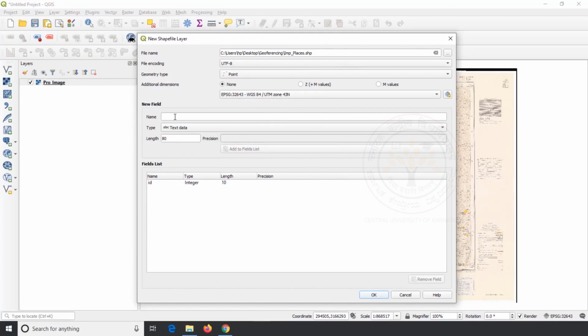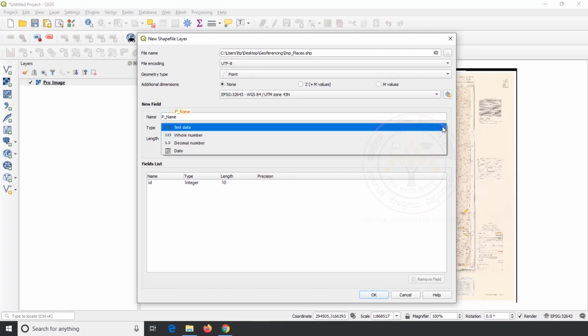Look at the new field. Here we are going to add the column name that should be added in our attribute table. As we are going to create points on the important places, I would like to create a column with the name of place name. Thus, I type P_name. Why do I use P instead of place? It is recommended to have a short, understandable name instead of a lengthy name, because only 10 letters are allowed as a column name. Why do I use underscore instead of space? Because a column name with space may not be understandable by computer languages. Hence, in place of space, I use underscore.